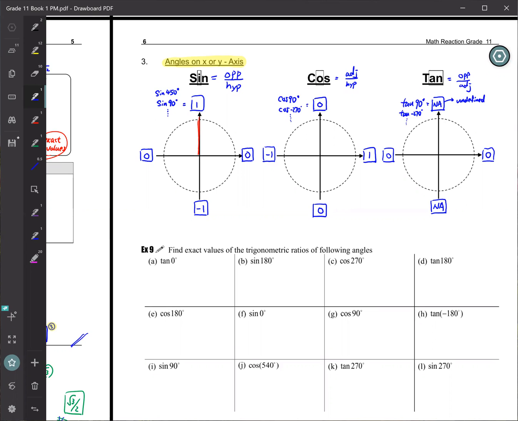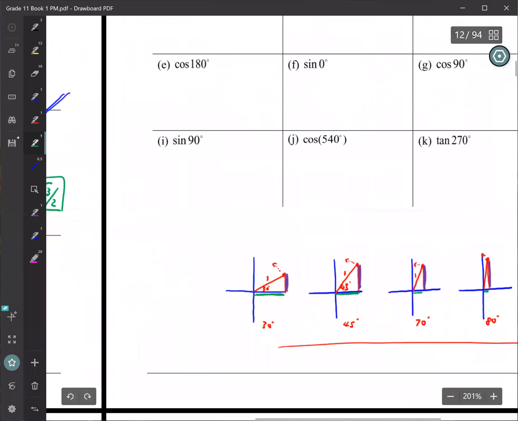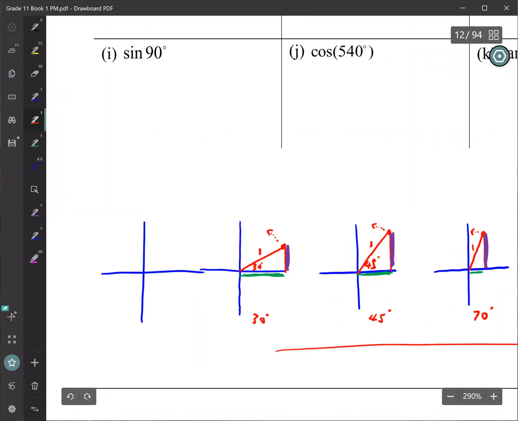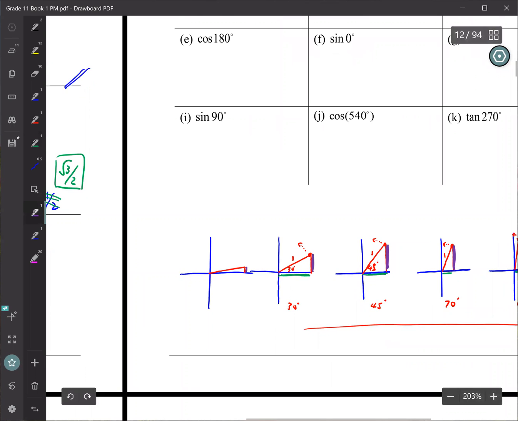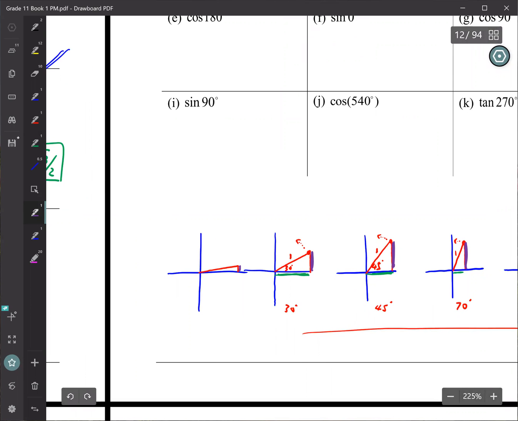Okay, and let me try to explain the 0, why this one is 0 quickly. So think about the triangle underneath. If we go backwards, and then we push the angle down, instead of 30, let's go down really tiny now. So you can see the opposite side is much shorter when the angle gets small. So if it's really tiny, then at the end, if the angle goes to 0 degree,